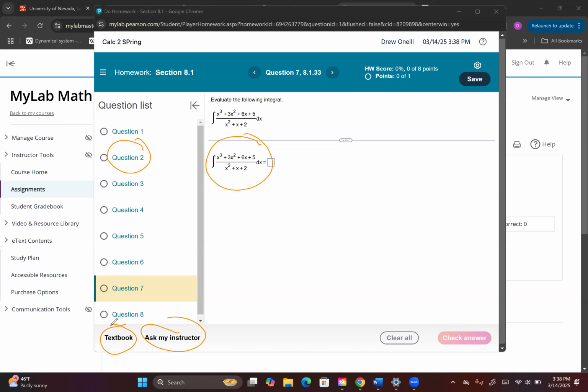I sat and stared at it, and I was like, okay, this isn't u sub. It doesn't work. You could try to u sub, you could try to factor, but neither of these factor well. You can't really factor and cancel stuff. You can't do a u sub. You can't do partial fractions, which is something we haven't gone over yet. We'll be going over that soon, like 8.3 or 8.4. After staring at it for a while, this is a problem way back from pre-calc, and it's called polynomial long division.